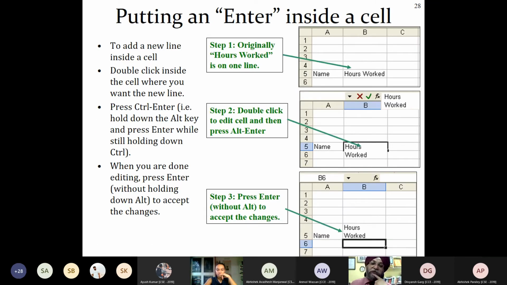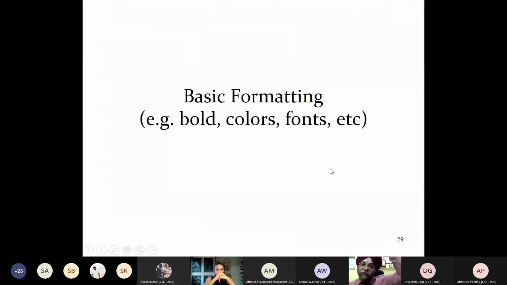Now, putting enter inside a cell. What if you write something? Suppose I am writing "hours worked", and if I press enter over here, what will happen? It will shift to another cell. Now I want to write "hours worked" and then "overworks" below it in this particular cell. So what do I have to use? I have to use Control Enter in order to enter text in a cell in two lines, up and down. Afterwards, if I double click over here, it will increase its width, and then again by double clicking over here I can auto adjust it, right?